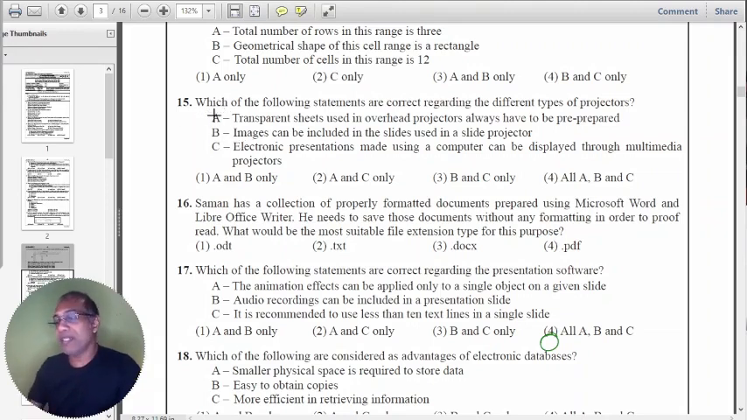Which of the following statements are correct regarding different types of projectors? Right, so we spent too much time on the above. Let's try to see if we can answer this very quickly, okay? Transparent sheets. Wow, that's a really old one. That's from the 1980s, 1970s. These are really old. Transparent sheets used in overhead projectors always have to be pre-prepared. That is correct. So it needs to be pre-printed on a thick polythene sheet, because those projectors basically